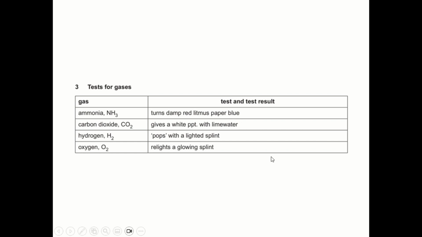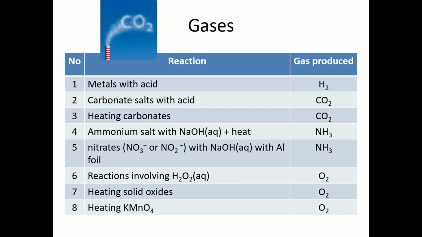To save time, how do I know which gas will be formed during the experiment? So I listed down the reactions which will produce these four gases. The first one will be metals with acid. So if you are provided with a metal like magnesium or zinc powder or iron powder, and you are asked to add it to an unknown solution, and you observe effervescence, so the gas will be produced will be hydrogen